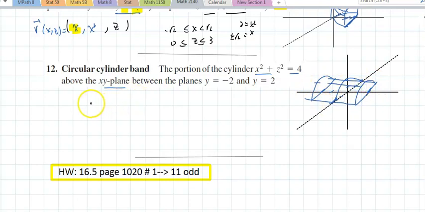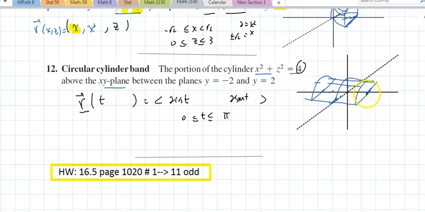So a cylinder, I could say, well, let's see, it should be r and theta, but there's an r there that's kind of confusing. Well, it's fixed, it's the shell, right? So I could say that is twice the cosine of t and twice the sine of t, and let t run between, let's see, I want 0 to pi, right? And I could call this y if I really want. The book doesn't like that at all, and I could say y varies between negative 2 and 2. Most likely